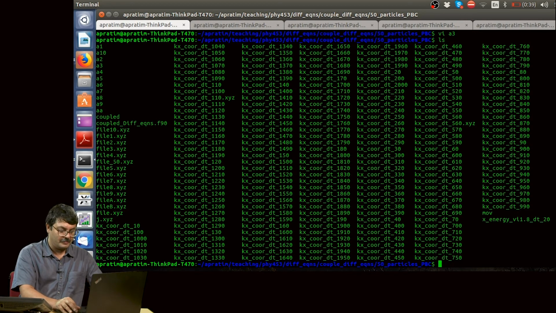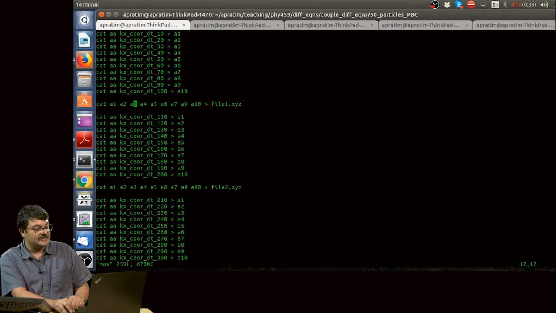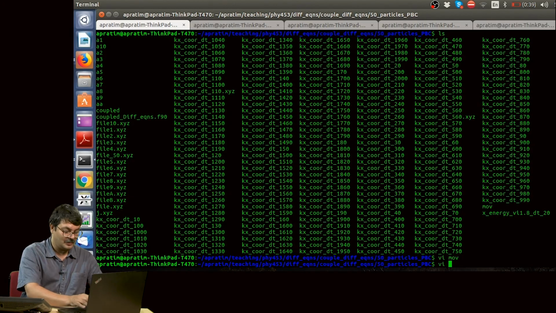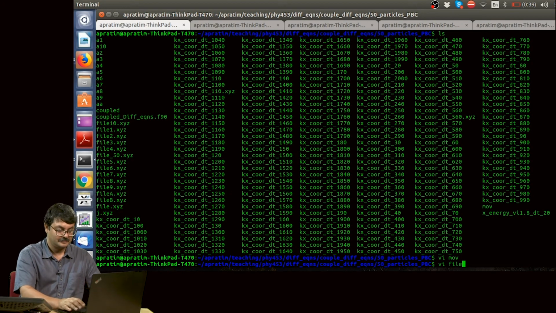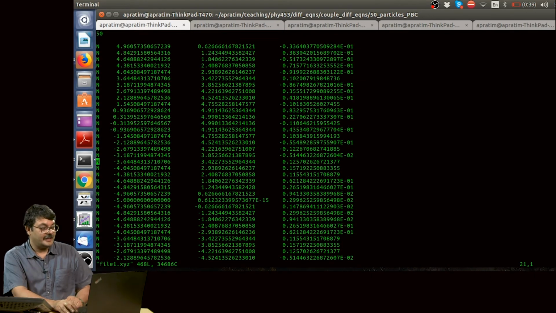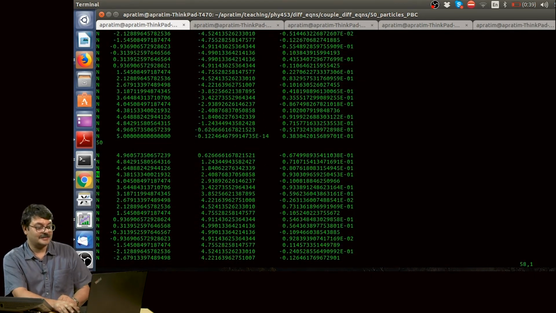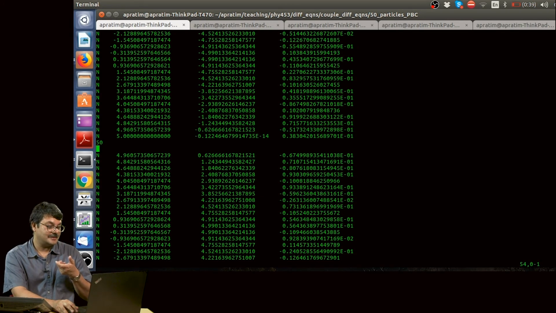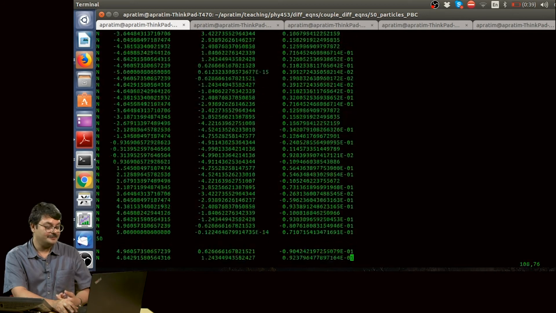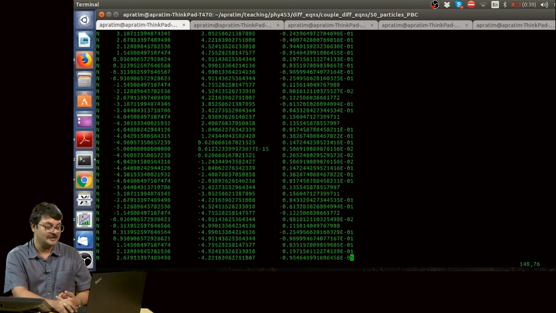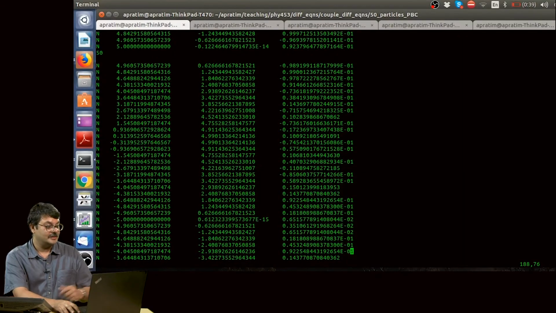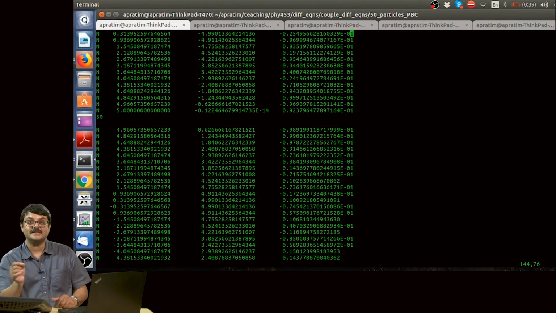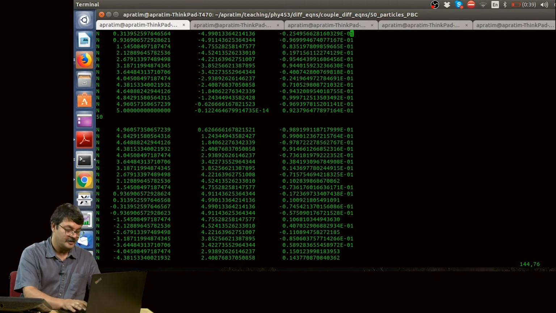Now, if you remember, I was adding each of these files and writing it in file 1.xyz. What does file 1.xyz have? It has 50, but after that it has again. So, this is basically the position at time 10. From here you have added A2. So, this is basically the position at time 20. And this is the position at time 30 and this is the position at time 40. So, you have added each of these files A1, A2, A3, A4, A5 individually,